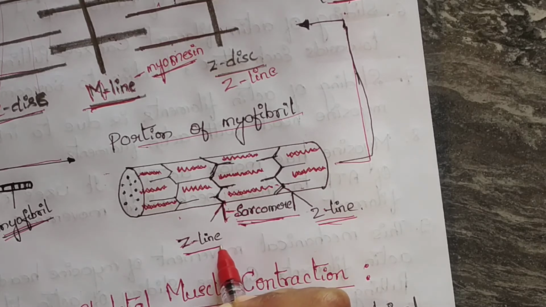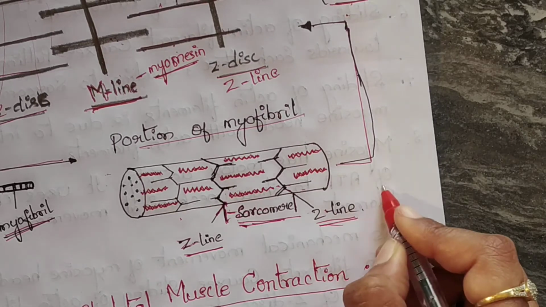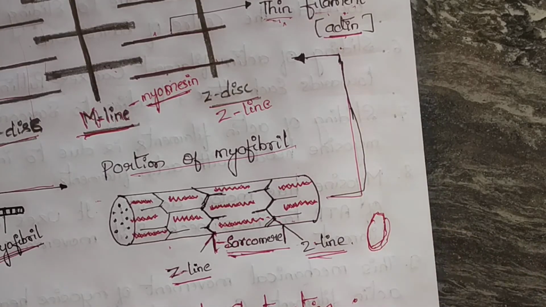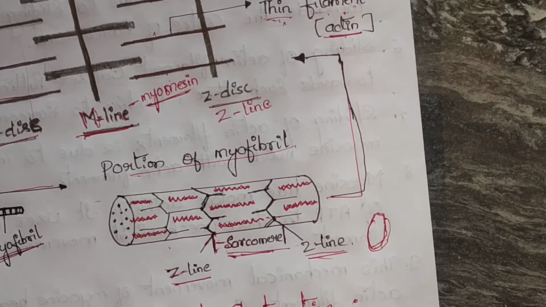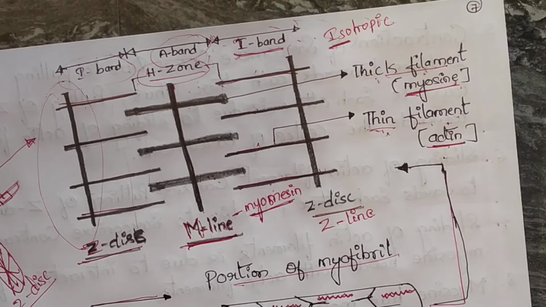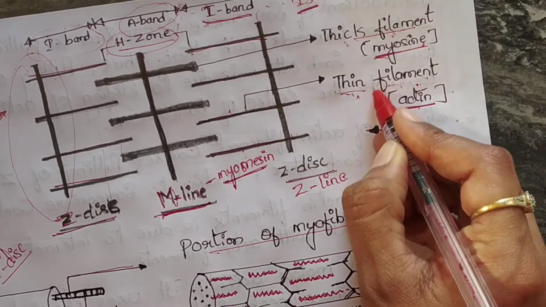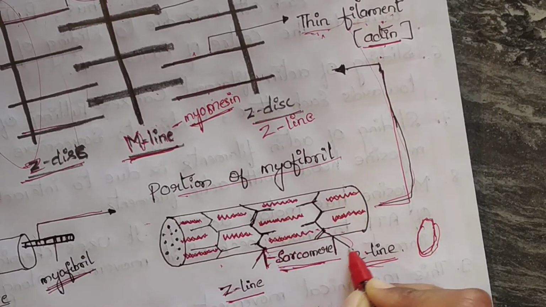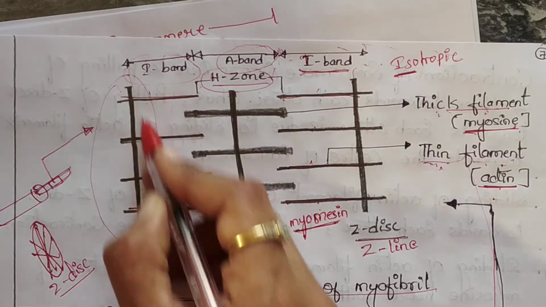These are basket-like lattice. It is woven like a basket-like lattice. And these are composed of many proteins called alpha-actinin, desmin, and others. Like this it is made up of, that is the Z line. This is the structure of this. When we zoom in here, this is the structure of the single sarcomere.